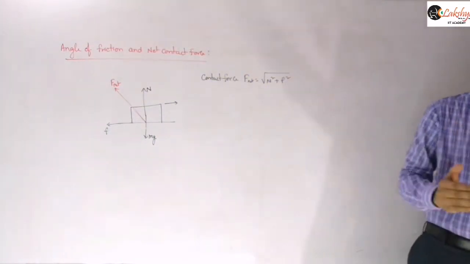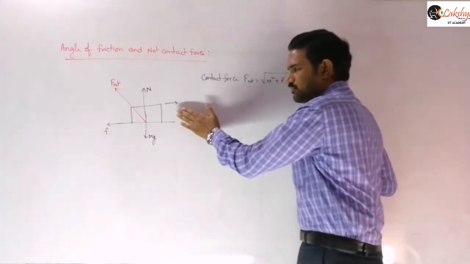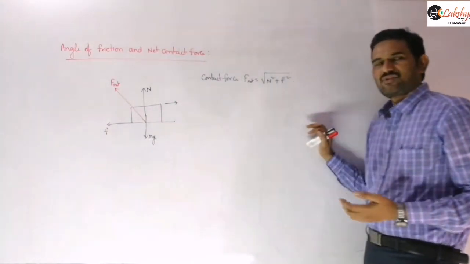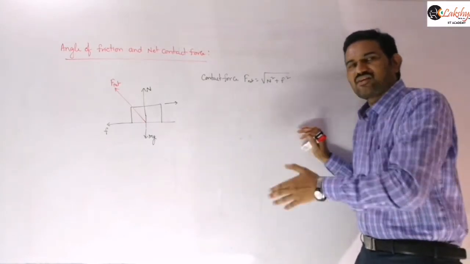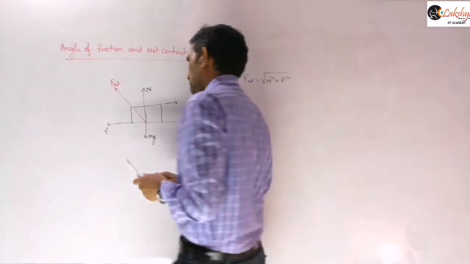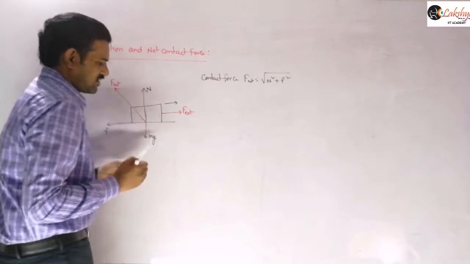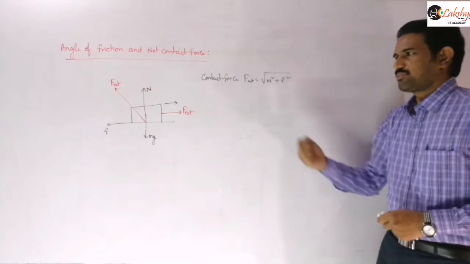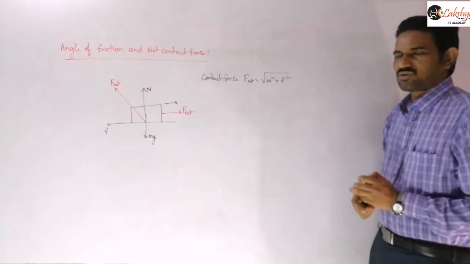Now, angle of friction means, as we know, when the body is not moving and when the body is ready to move, the frictional force acting on this object will be a static friction, right? In case of static friction, it depends on the external or pulling force acting on this object, which we already discussed. Suppose some external force is acting along this direction, pulling the object. The static friction acting on this object will depend on this external force, on how much force is acting until it is ready to move or starts moving.